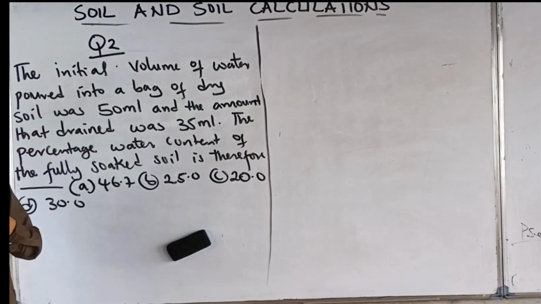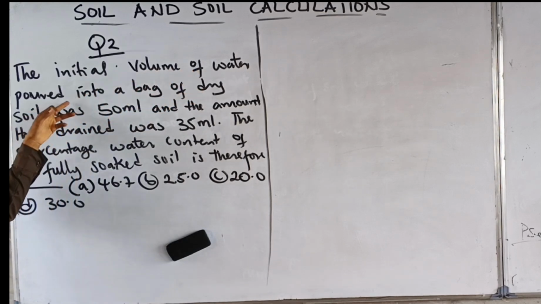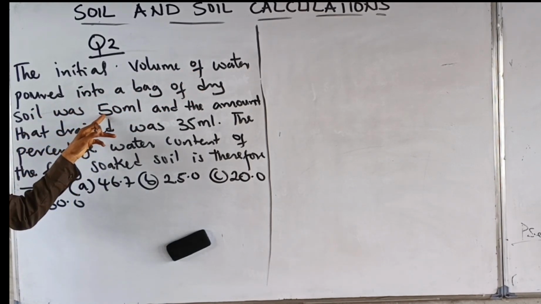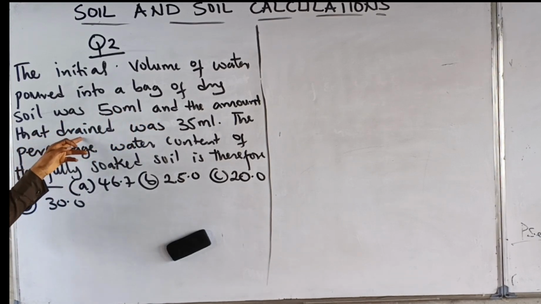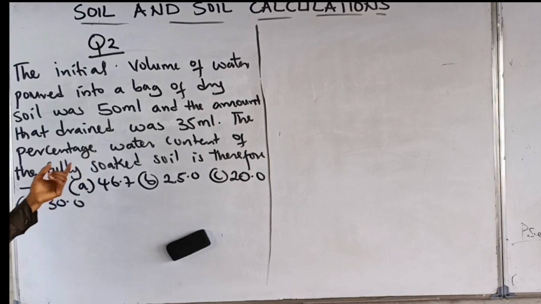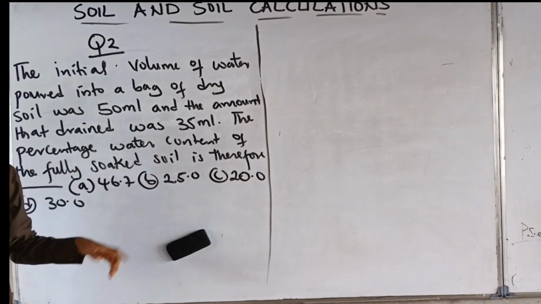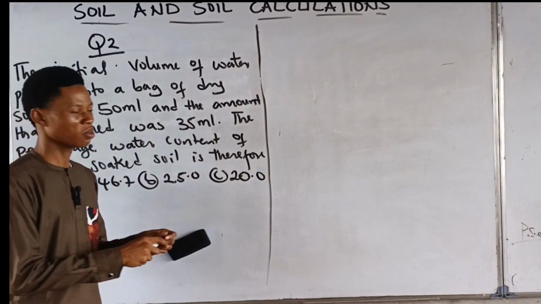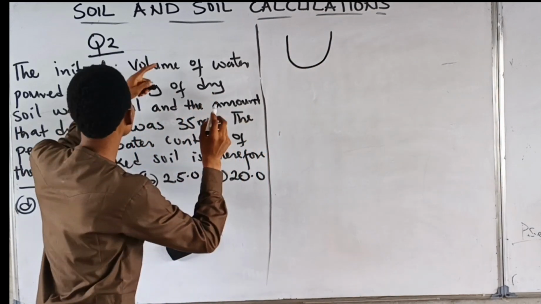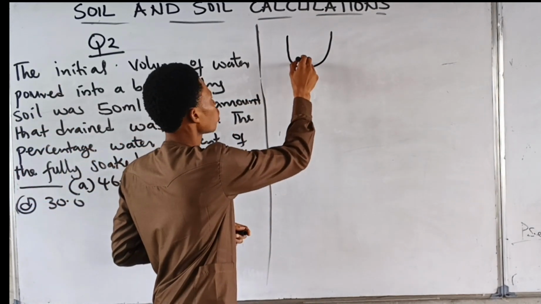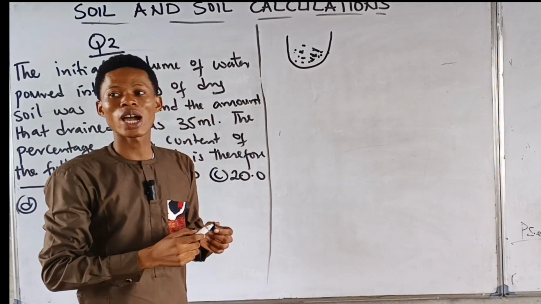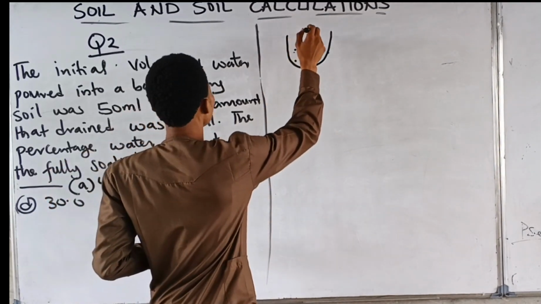Alright, now let's look at the second question. The initial volume of water poured into a bag of dry soil was 50 ml. And the amount that drained was 35 ml. The percentage water content of the fully soaked soil is therefore dash. Now look at this. You have something like this. The initial volume of water poured into a bag of dry soil. You have dry soil here. Then you now pour 50 ml